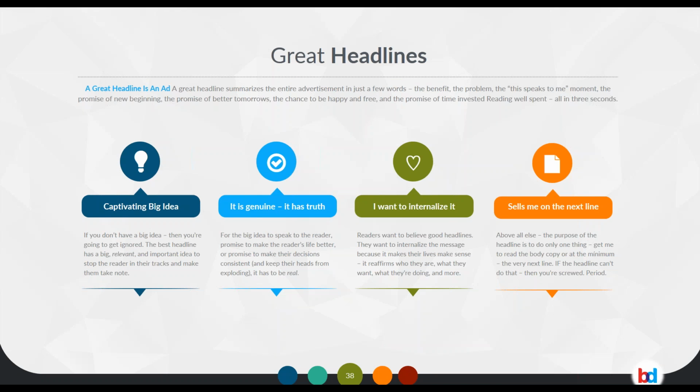Let's talk about headlines, which are 85% of the landing ad. So let's talk in a serious way about what a headline actually is. A great headline is an ad. A great headline summarizes the entire proposition and advertisement in just a few words. The benefit, the problem, the this speaks to me moment, the promise of new beginnings, the promise of better tomorrows,